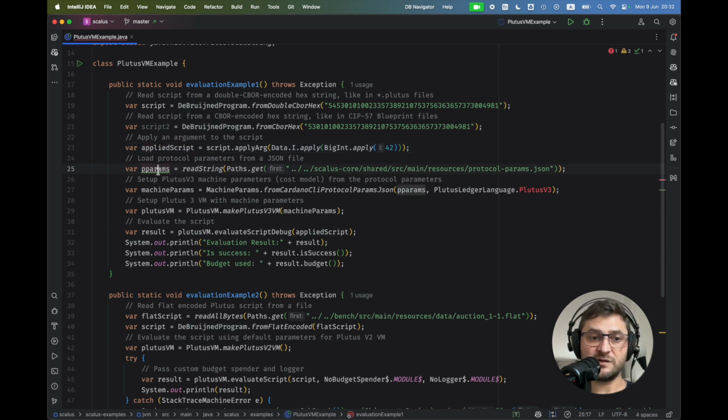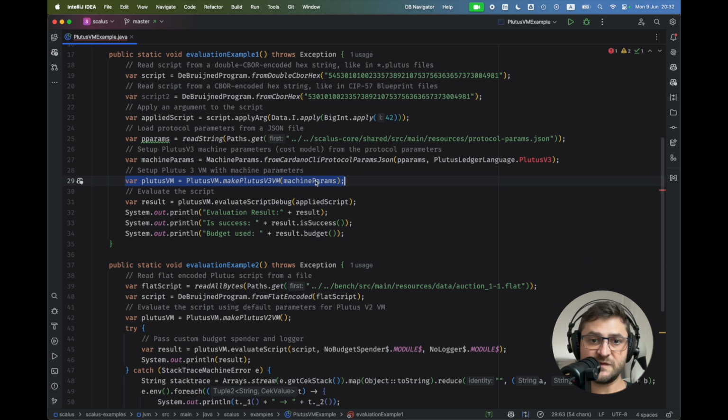Then here we can load the current protocol parameters taken from Cardano CLI. We can create CEK machine parameters for these protocol parameters for Plutus version 3, and we can create the Plutus VM with these parameters and evaluate the script